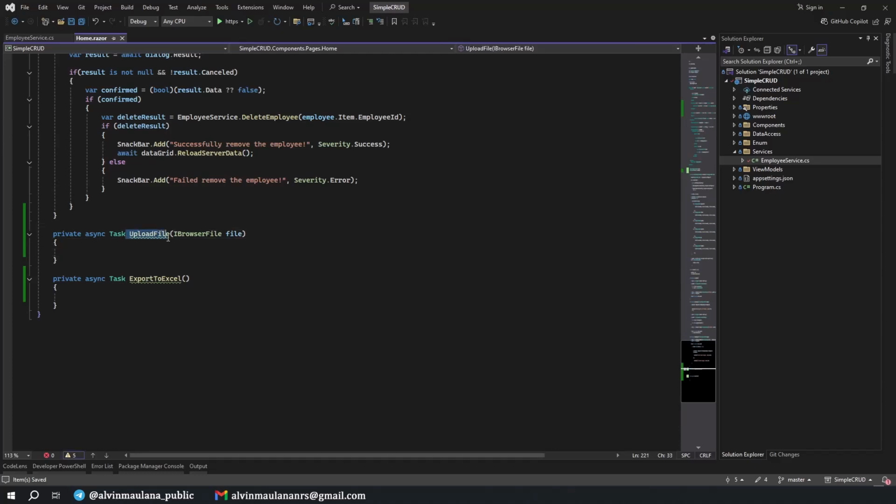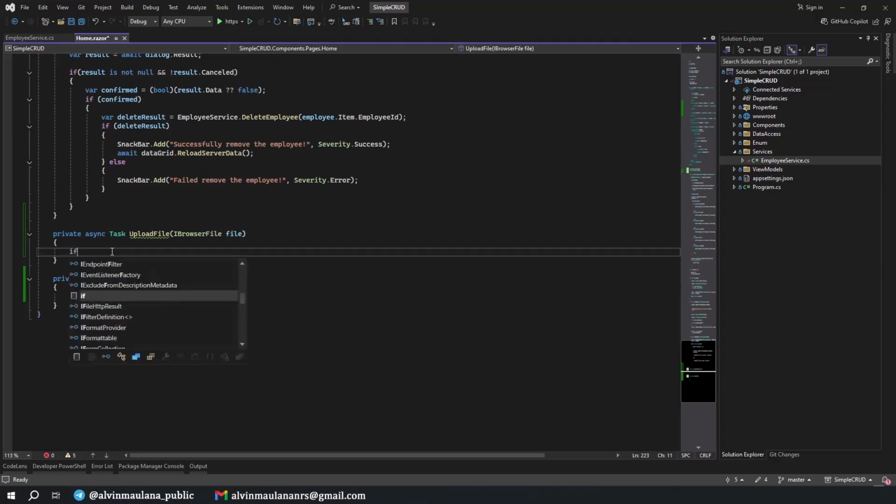In this upload file function, we upload the file, and then we show the data from the Excel in the dialog and the grid inside, so we can verify again the data we want to insert, and after that we call the import function.